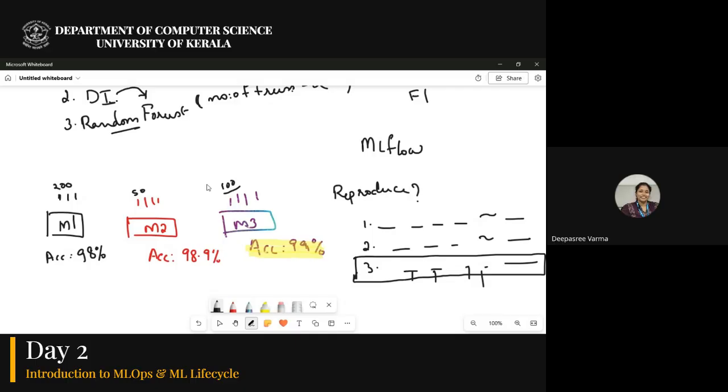Tracking, yes, that is during the experiment. Now, if M3 is a model, and we are using different data, it may give a different kind of accuracy.